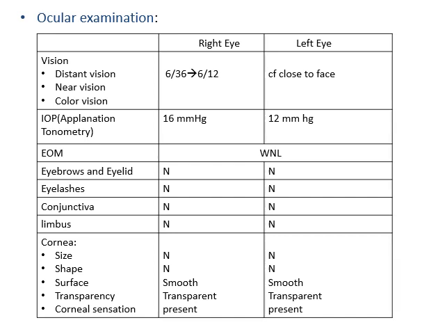Surface and transparency: in our patient we have considered that there is no ocular pathology, hence it will be smooth and transparent. But in cases of corneal ulcers, any trauma to the cornea, or any corneal opacity, the surface and transparency will be distorted or abnormal. Then corneal sensation was present in both the eyes for our patient.